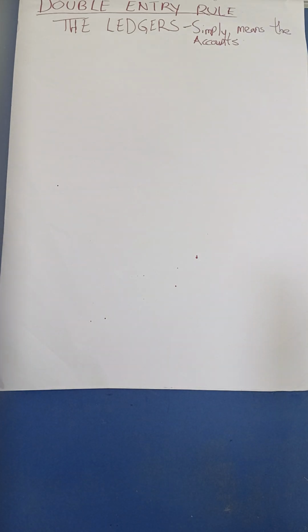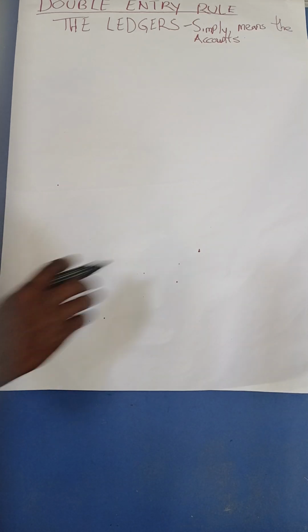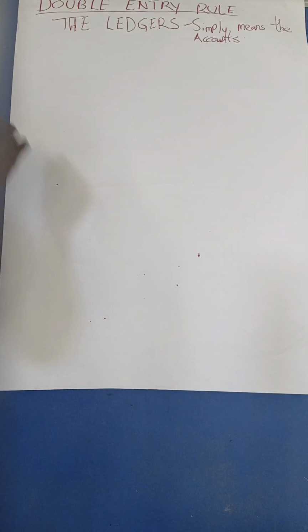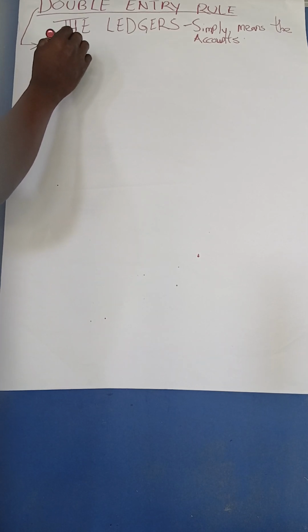Now, as I've mentioned, let's look more into the ledgers. The ledger simply means the accounts. Under ledgers, the double entry rules are how it is being treated in the account. As you look into these accounts, know that each transaction has got two effects. As you open these accounts in the business, maybe a business has purchased a certain asset, but know that the double entry rule states that